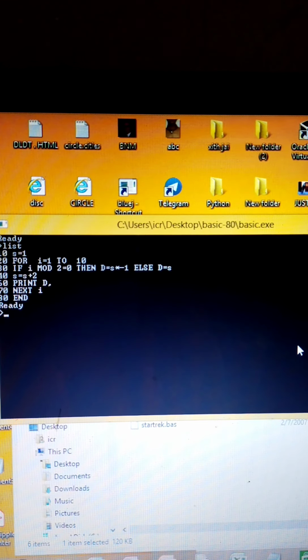So what is the present value of s? It is 1. 1 into minus 1 will give us, first of all, 0, else d is equal to s.